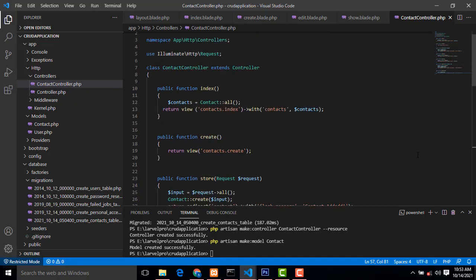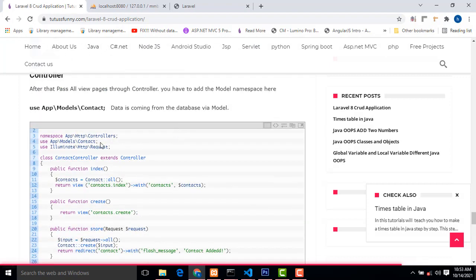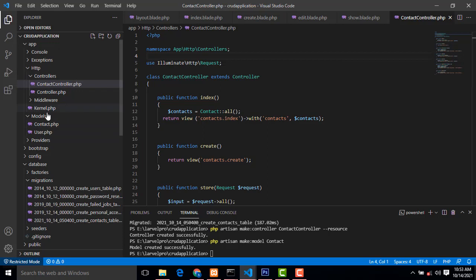Right. Okay, it's working. Now all the stuff is successful. Here we have to call the model namespace. It must be the contact model, because the data is coming from the model. So for this model we have to use the path: use inside the app folder, models, contact as a file. This is the file where we get all the data. We load the database, get the data, and pass it from the controller into the view.